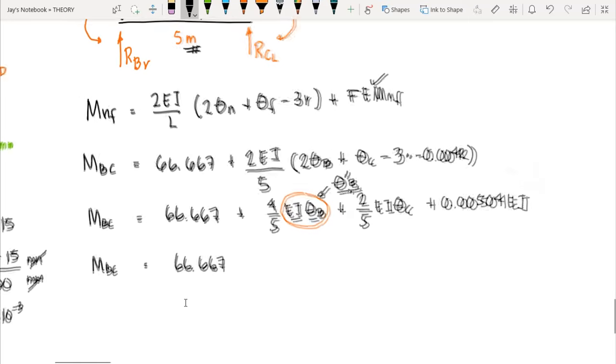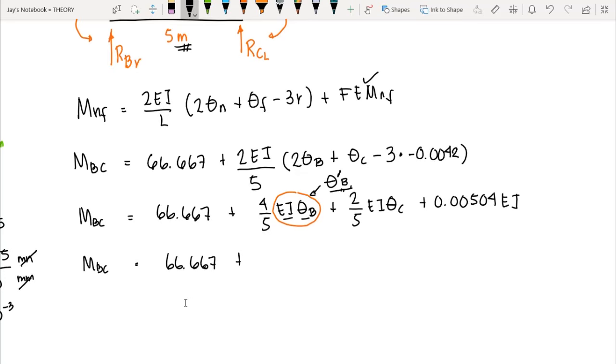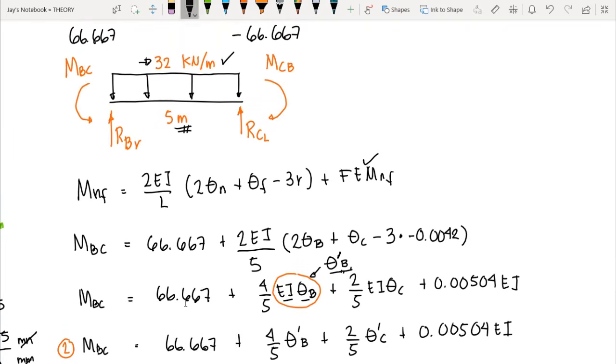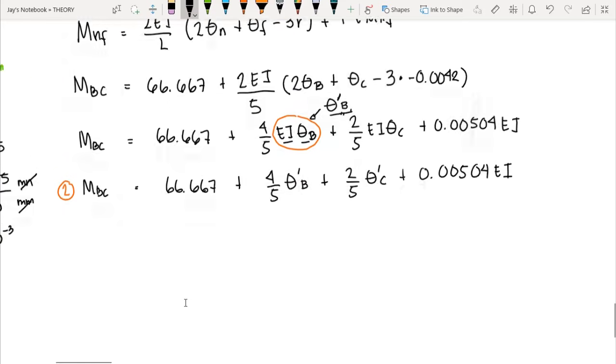66.667 plus 4 over 5 theta prime B, okay, plus 2 over 5 theta prime C, plus 0.00504 EI. So this is our equation number 2. And we have now to proceed to MCB. We have